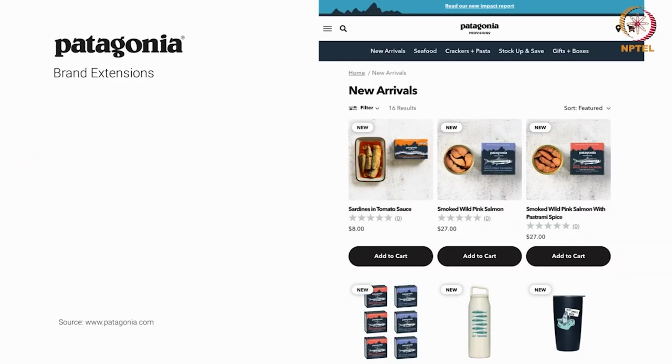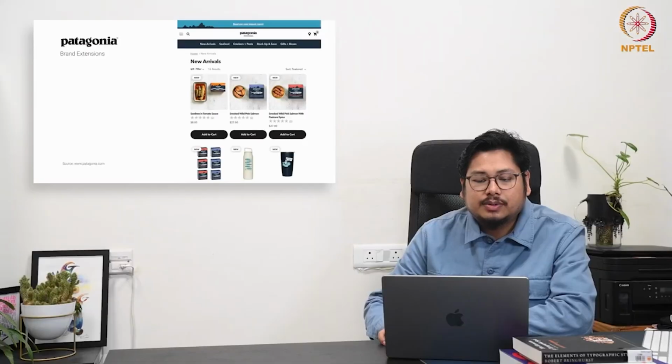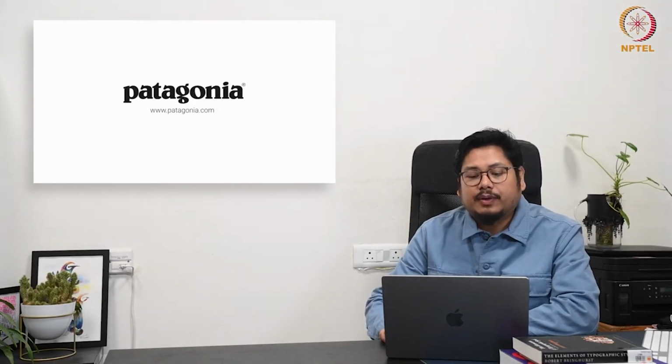So later on, also now recently, they have extended their brand towards a healthy lifestyle, and for that they have chosen the idea of projecting food as part of their brand extension. And you can clearly see here how they are coming up with different products which are associated to food, right, packaging in terms of water, right, and there are different cups which are associated to that. So accessories for your daily lifestyle, they are also focusing on that, and this is where you can see the product being highlighted in that way. So this is where the idea of Patagonia is about.